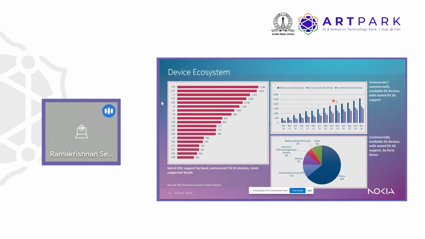On the right, we see how many of the 5G devices that have been announced are SA specific devices, and this correlates with the previous graph we saw. We'll come to what SA and NSA are, but both are primarily 5G technology in terms of how it is deployed. Also, in terms of the devices that are commercially available, though the majority are phones, there are also lots of devices in the industrial CPE or fixed wireless access CPE domain. And there are also a few which are MiFi kind of devices.